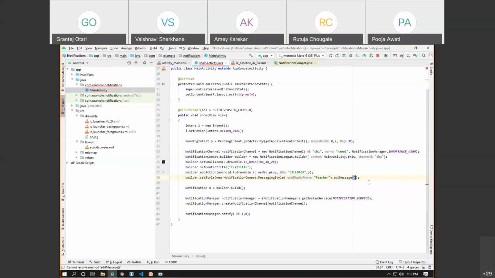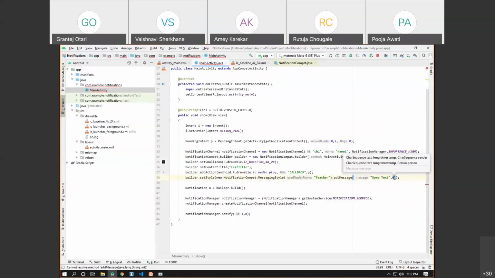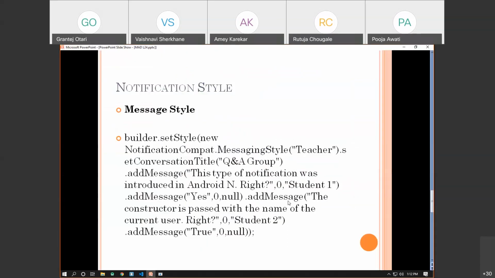So let's say the character sequence is some text, then the timestamp. Okay, so we have the timestamp as 0. So this is generated currently, and the last is the sender. Okay, so how we can assign the sender is something like that.